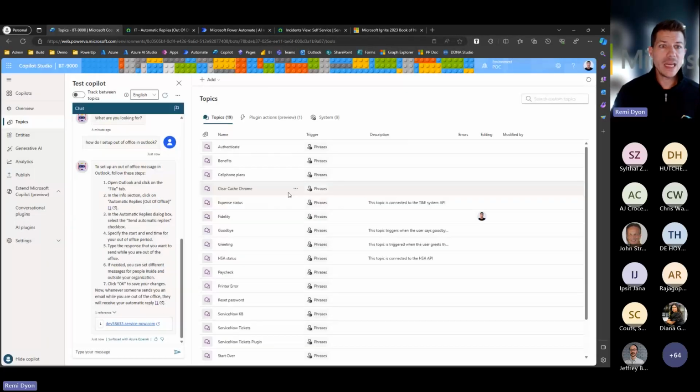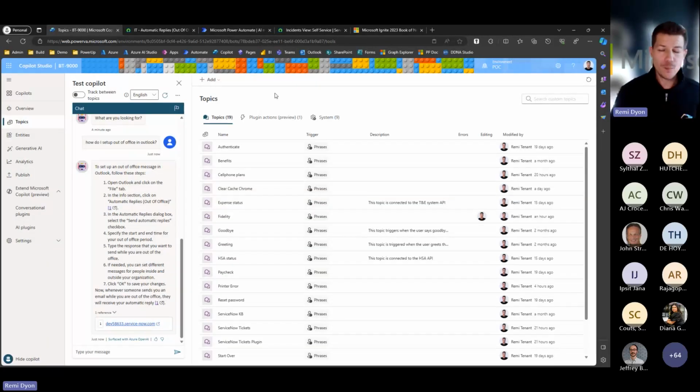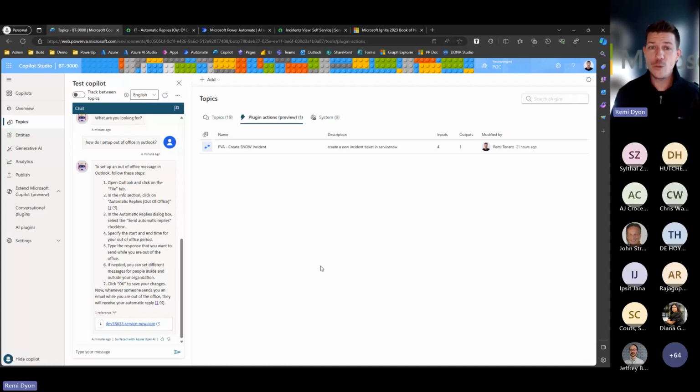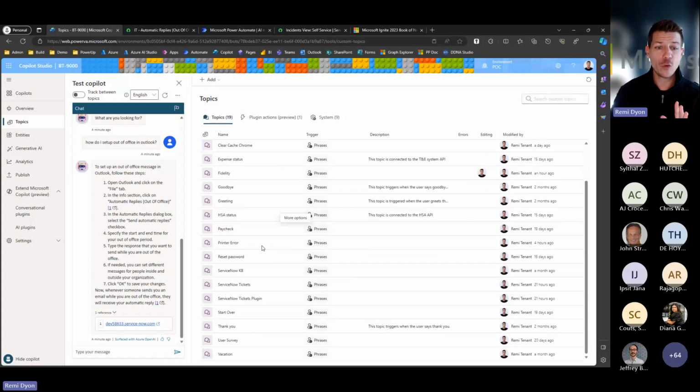So in my deck, we talked about generative answer, but we also talked about, I mentioned generative action. So generative action, it's a new feature that is located here in the plugin action. And generative action is great to make topics super simple. Let me show you an example. I have a ServiceNow